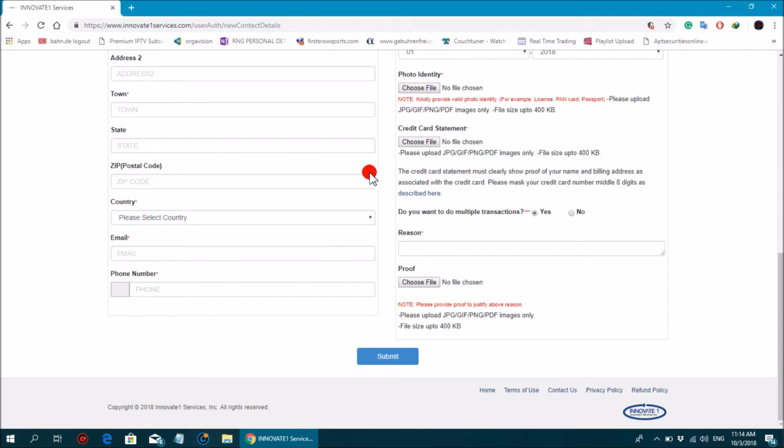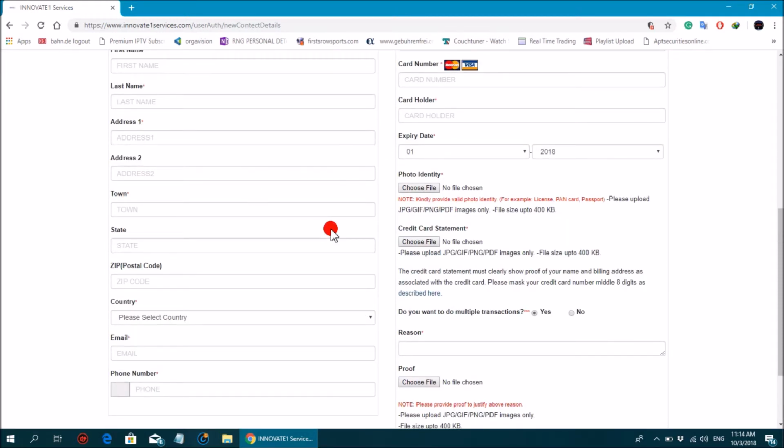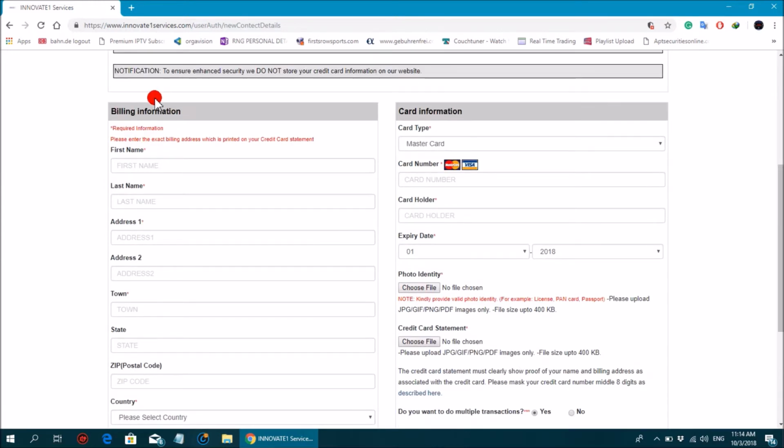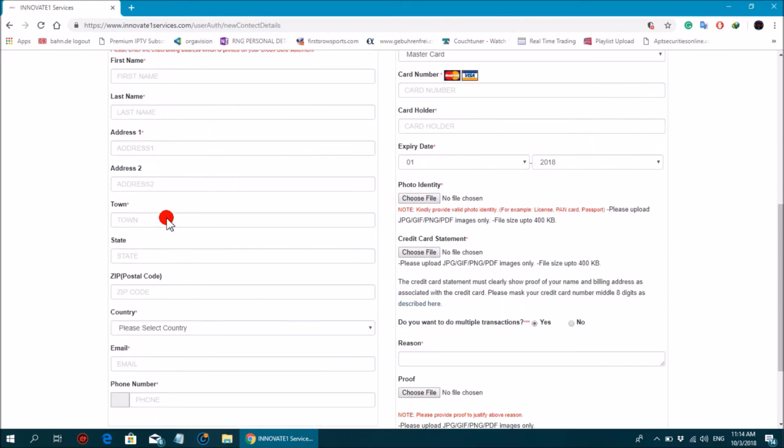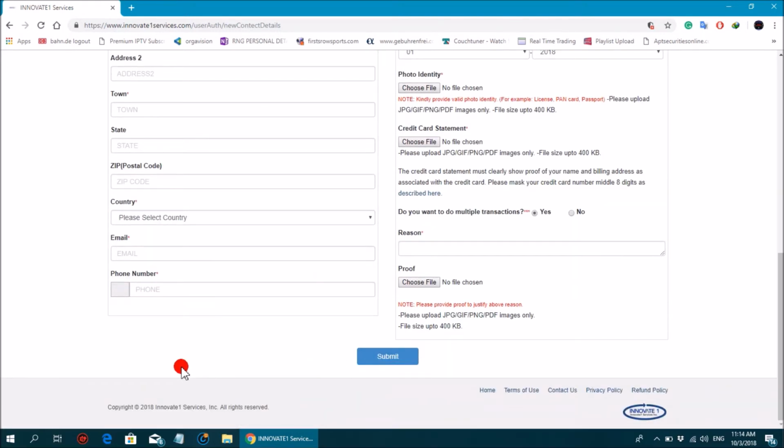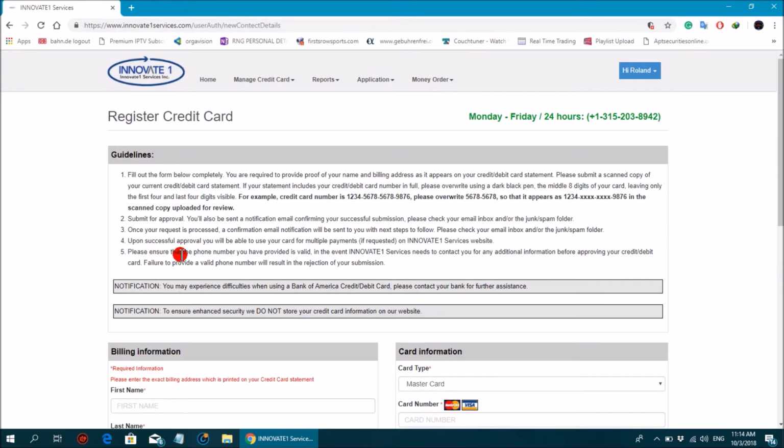So while all these are done, you click on submit. When you submit, if there is anything you didn't do well, it will bring you back here. So you have to correct it, and they're going to mark it with red, and you correct it. Make sure every information is correct. Once it's correct, you submit it. They will notify you, thank you for registering with the website. They will automatically send you an email that bears all your information which you provided here.